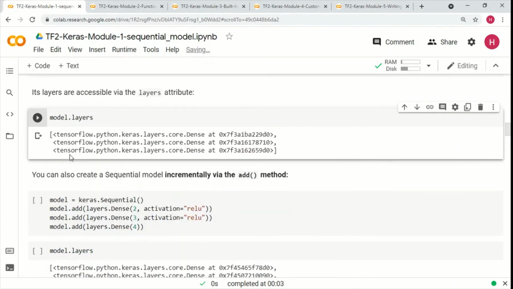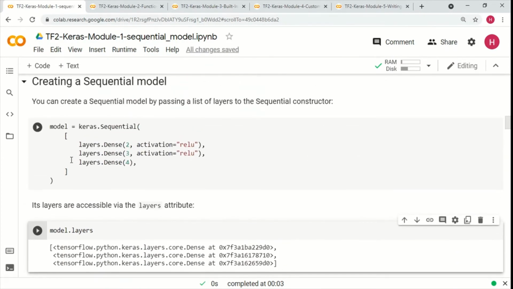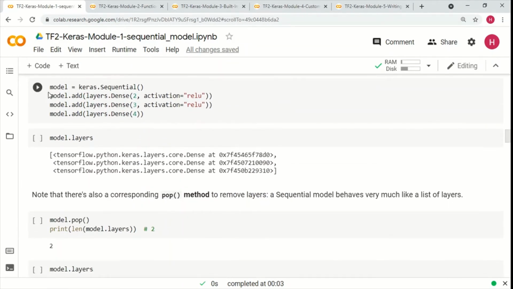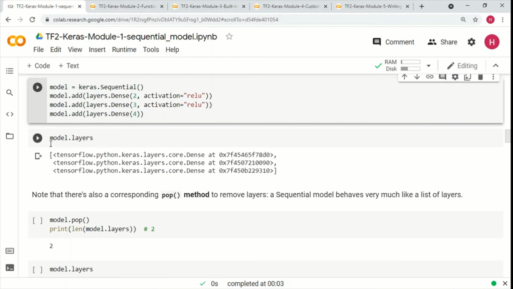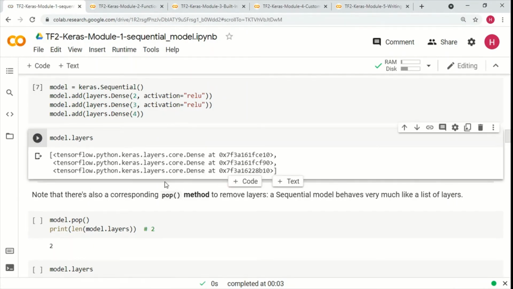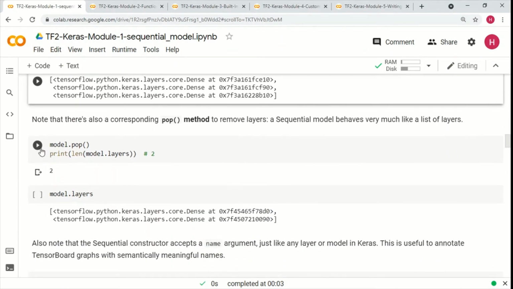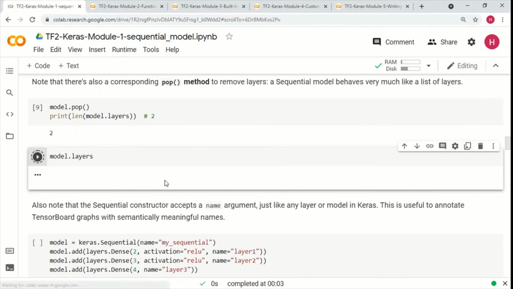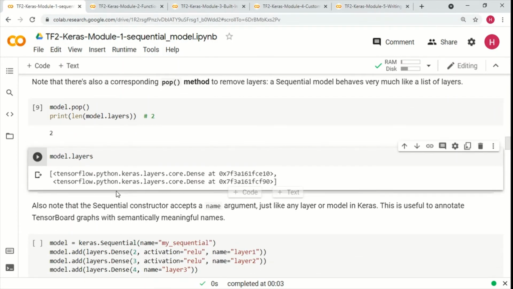Earlier we had used a list of the layers. Now we are adding the layers. So we create an empty model and add the layers one by one, and we see the layers. It is the same, right? So we get the same layers here. We can remove the layers also by using model.pop, and after removing, you will see that there are two layers left.